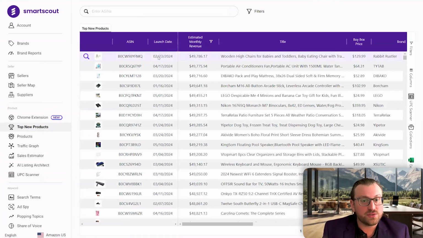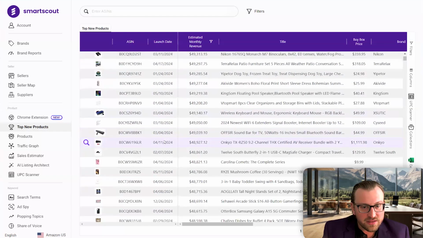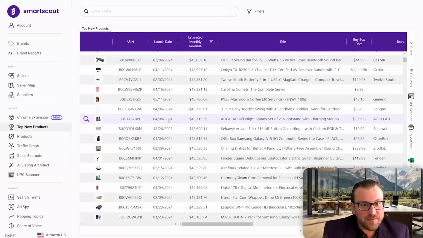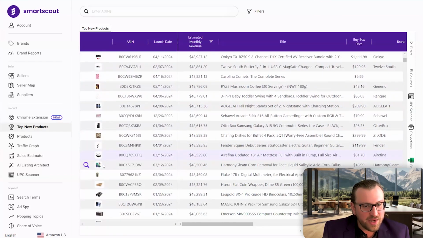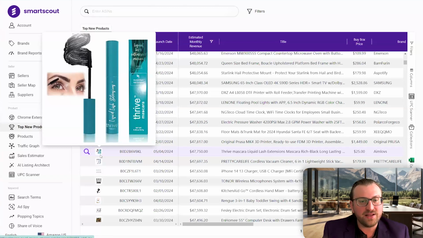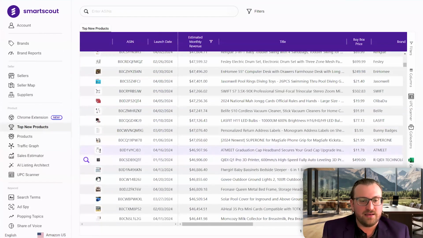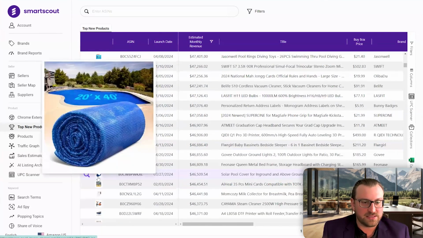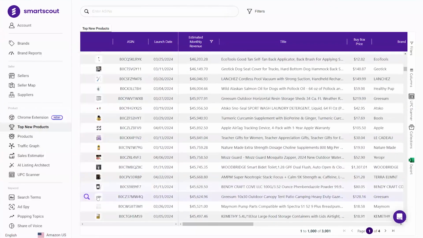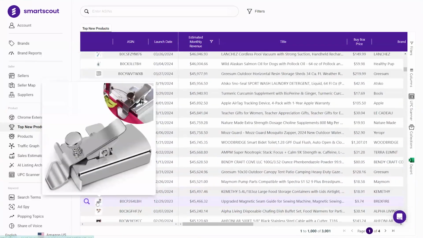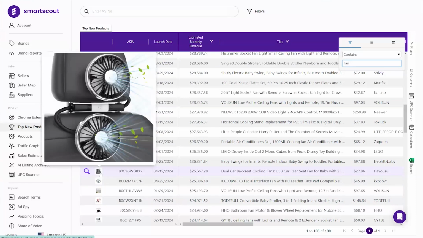But here, top down, we see what the latest products are that were launched and that are doing quite well. So something here launched in February. Let's see if we can find something that launched this month. That would be pretty ambitious, but we do see May, of course. So let's see. I'm going to try to find two examples here to tell a story and give you perspective and insight into the actionable data analytics that Smart Scout can provide. Let me see if I can find something interesting to take a look at. I'd want to look at two products in two separate categories.